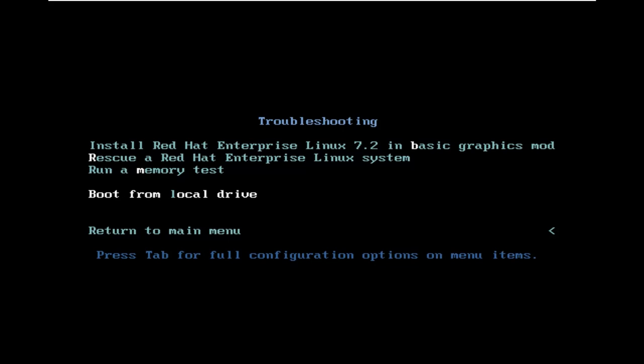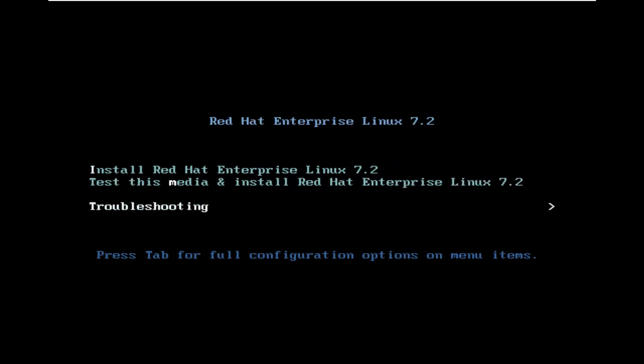Now I don't go there because I want to install it in graphical mode. So for installing in graphical mode, whether you select test and install or normal install, select the option and then press Enter. Don't do anything else, just press Enter, and it will start the graphical installation method.